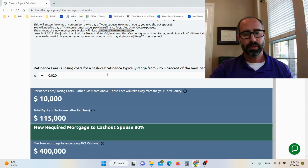But typically, the fees to do a new loan, you can expect anywhere from 2 to 5%. Obviously, if it's, say, a $500,000 loan, it'd be closer to 2%. If it's a $200,000 loan, it'd probably be closer to 5%, just because it depends on the size of the loan and everything that's included in there, like buying points, all that stuff. So once again, I give you the ability to adjust those fees if need be, but it's probably going to be between 2 to 2.5% at the $500,000 loan range. So we can just use that for now. We'll say 2.5%. So you can see, hey, that's $12,500 in fees,